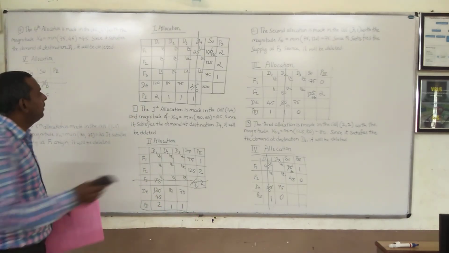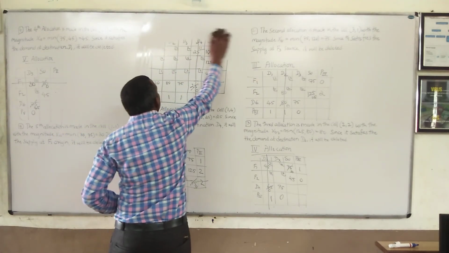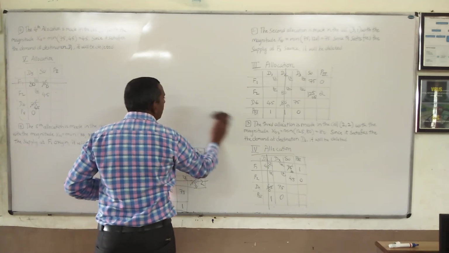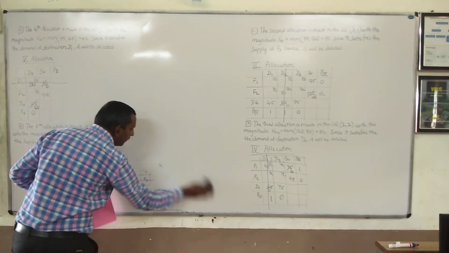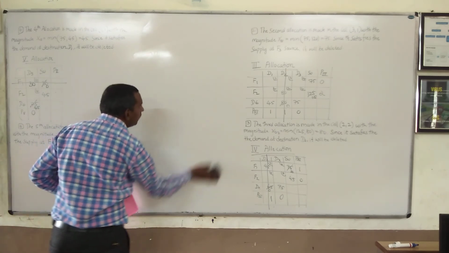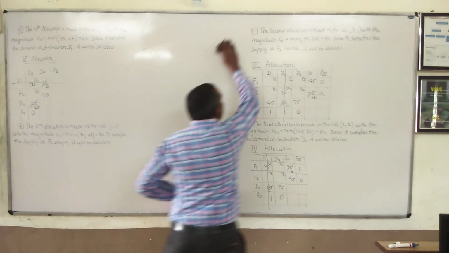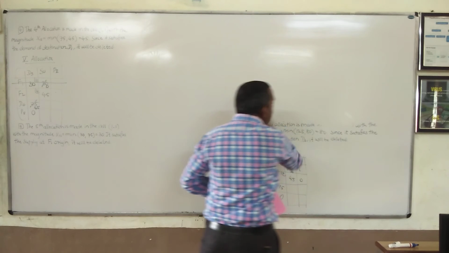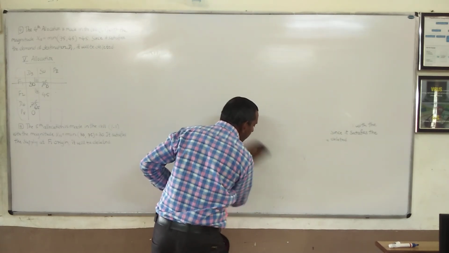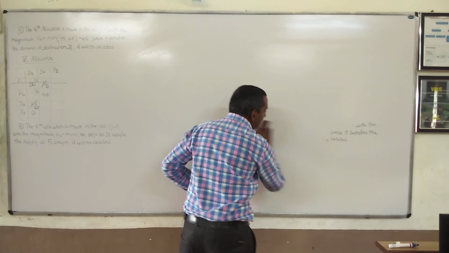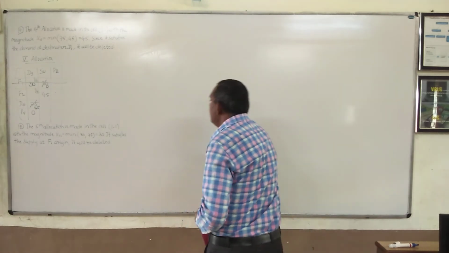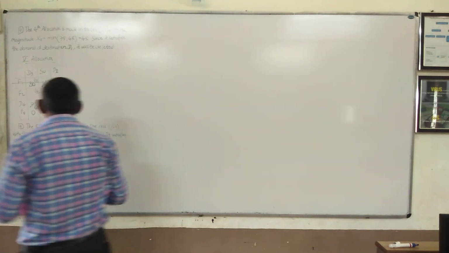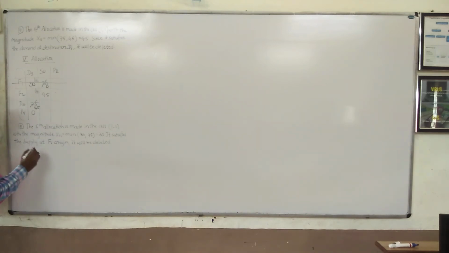So let me rub these things here. I will also show you how directly you can solve the problem here. But writing these things like this will get you marks. If you do directly, the marks will not be allotted to you. Fine? So the fifth allocation is done. And the last remaining is